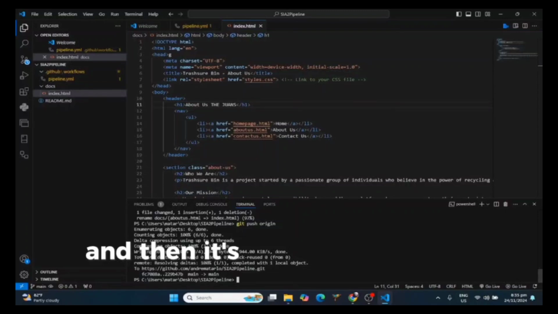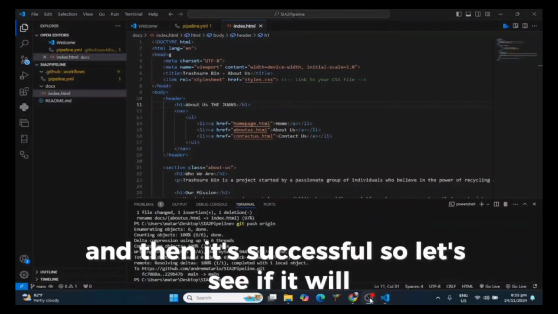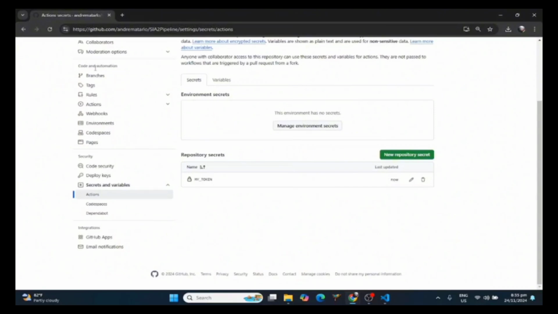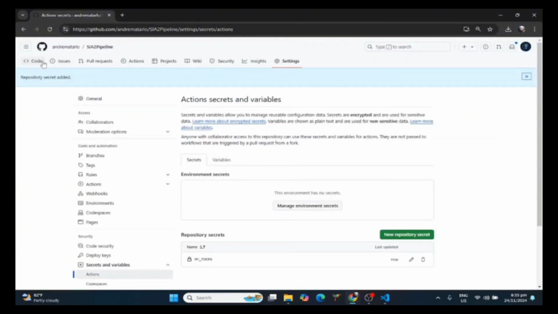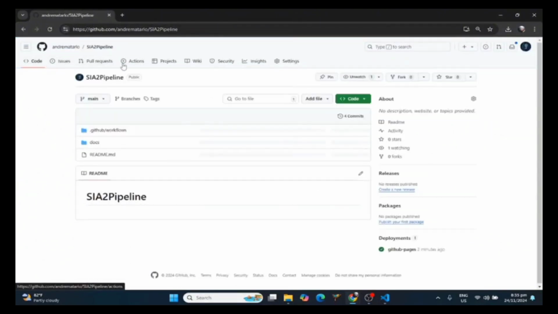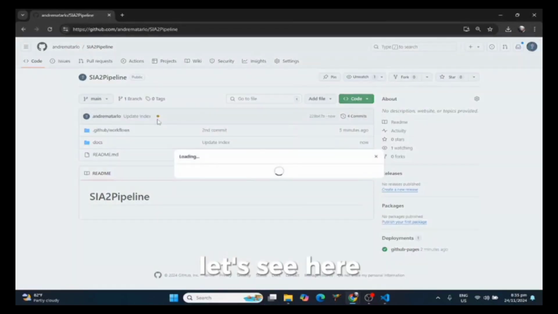And then it's a success now. So let's see if it will run. Let's see here.